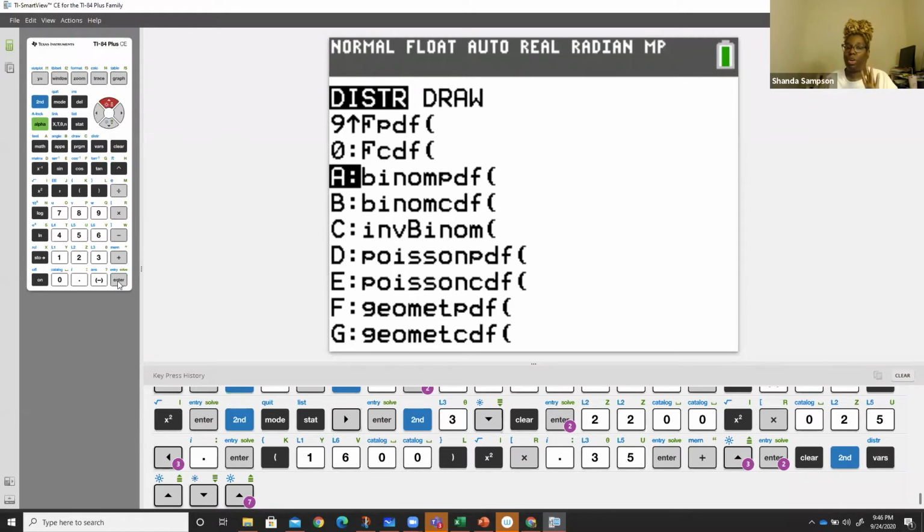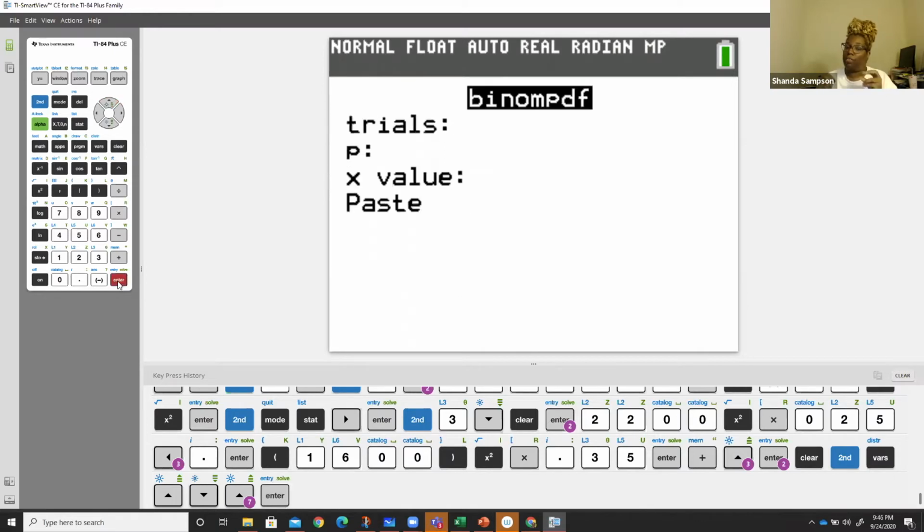Now I'm going to switch off, because if you have an 83 or a younger 84, then you won't see what I'm about to see, and then I'll tell you how to do it. So you hit enter whether you're in either one of those calculators. Now, if you have my calculator, you're going to get this. But hold on, just stay right there if you have an older 84 or an 83. So I'm going to put in a number of trials. For my problem, the number of trials was 5. The probability was 0.4. And then X was 3. What did we choose? We chose PDF because PDF is when it says equal to.